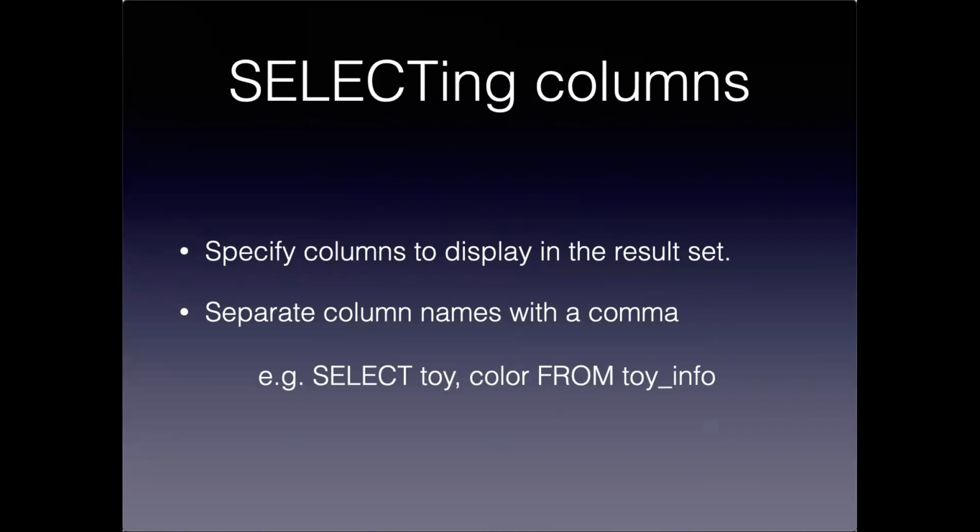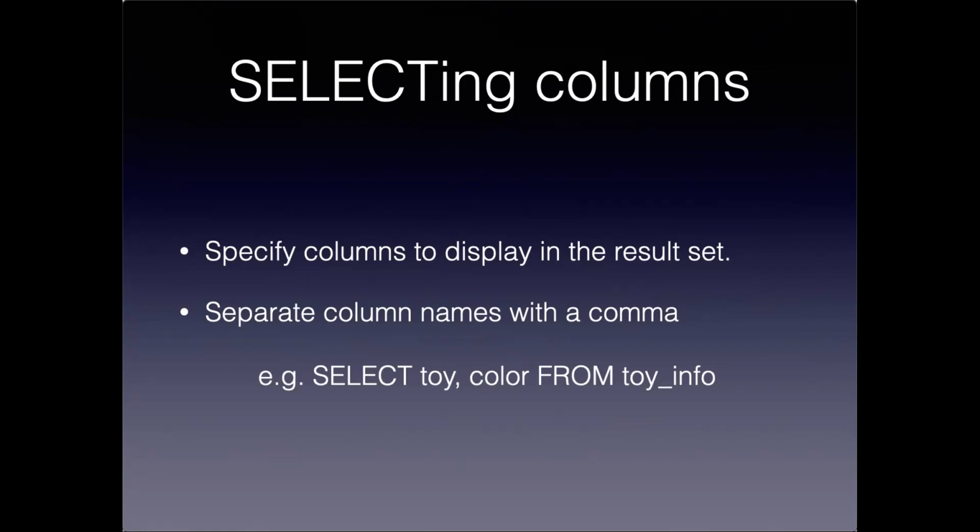And that's valuable because you often have tables that are much longer in terms of the number of columns than you see in our sample database. And you very often only want to get a subset. And especially when you're joining tables and you're looking at columns from multiple tables, it would be extremely cumbersome to look at all of them at once. So that's the way that you limit the number of columns, but we're still getting all the rows in our